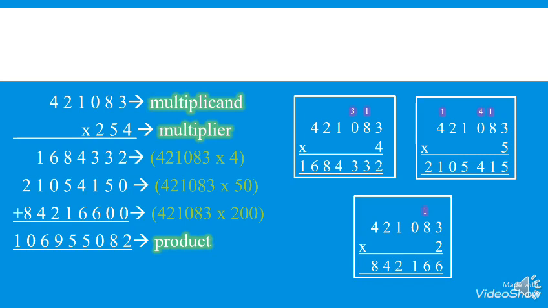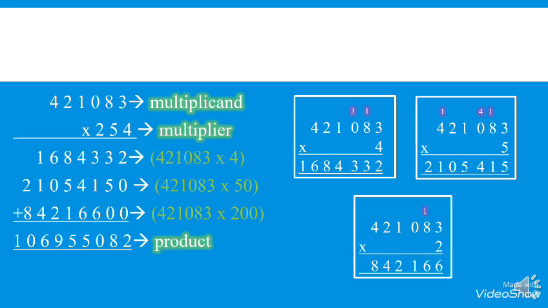Now multiplying with the hundreds column. First we add 2 zeros at the unit and tens columns, and then we start multiplication with 2. 2 3s are 6. 2 8s are 16. You will write 6. 1 will be carry. 2 zeros are 0 plus 1 will be 1. 2 1s are 2. 2 2s are 4. 2 4s are 8. Now add all the numbers together vertically.